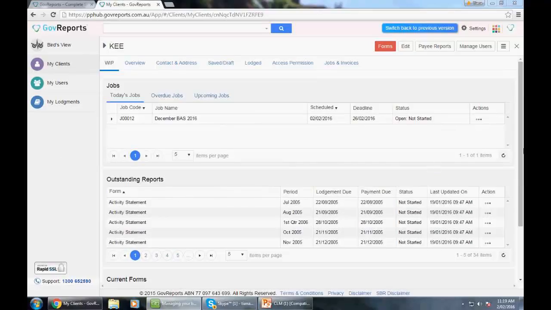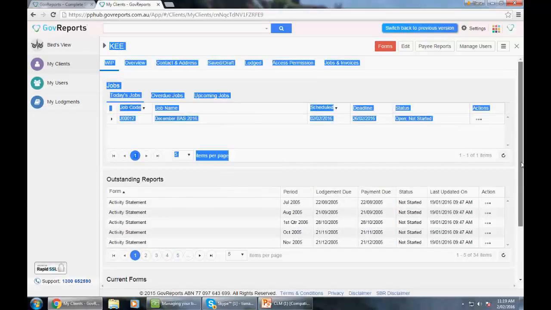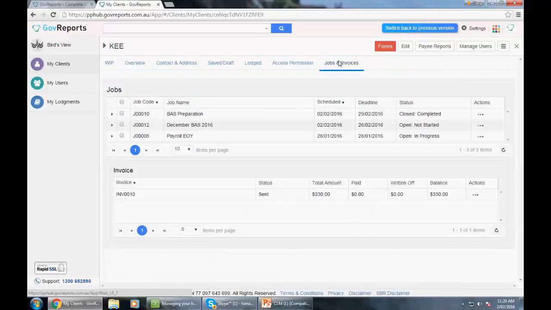So once you've done that, the job has been created. You can also, from the clients, create, once the job has been done, you can then go in and create the invoice, raise the invoice, enter the timesheet, or raise the invoice once the timesheet has been entered. So from here, basically you can see